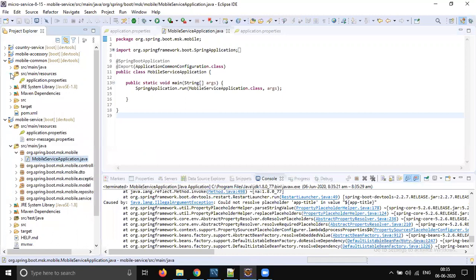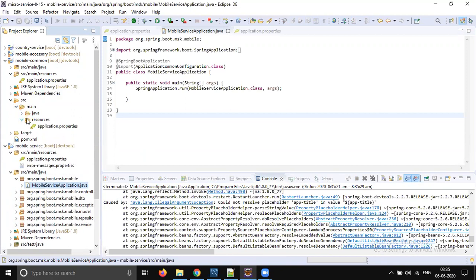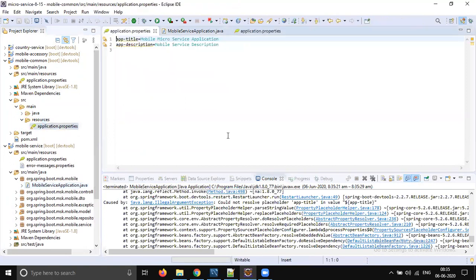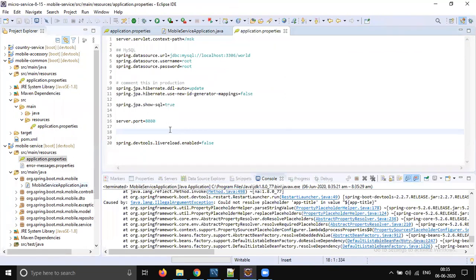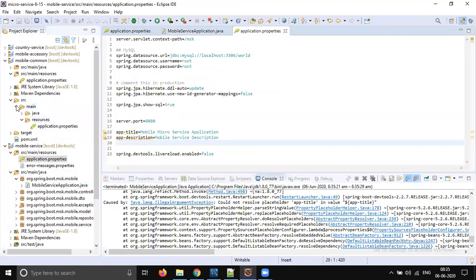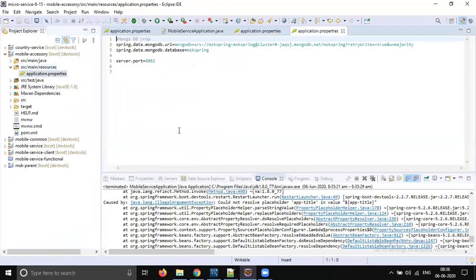Common src new resources. Okay, I will check this part and let you know why it's not working. I will check that after some time. For now, let's not stop. Mobile accessory, service description, microservice application.